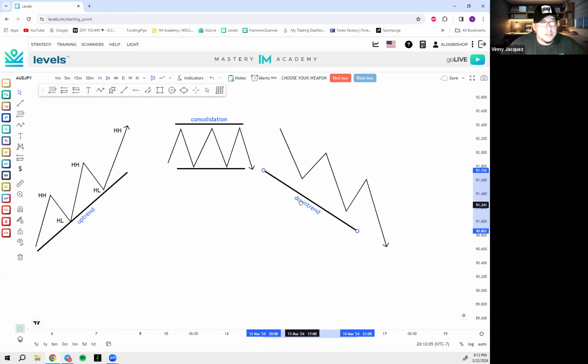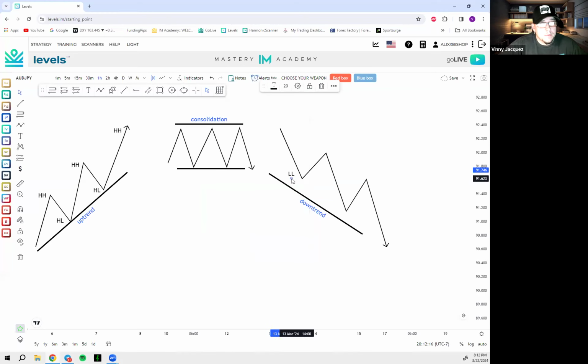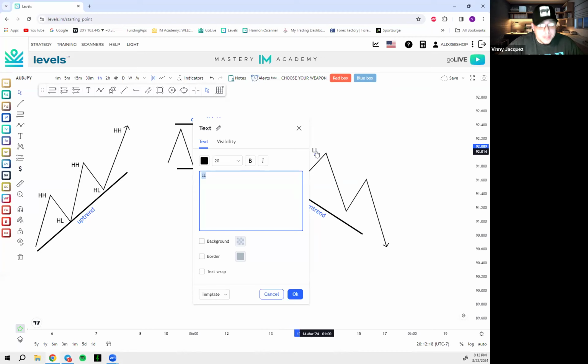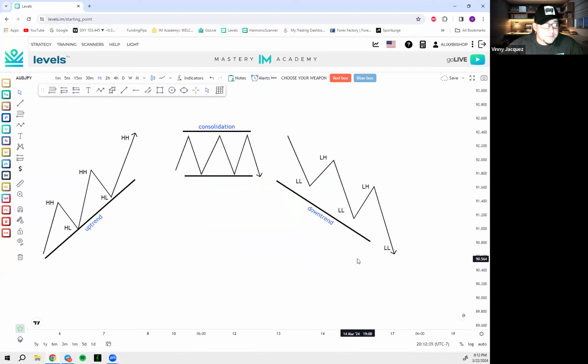Now, again, guys, I want you guys to go ahead and mark this up. Take the time and mark this up, right? Draw it like this in your notes. Lower low, lower high, and it rinse and repeats over and over again, right? We get lower low, lower high, lower low, lower high, and we are considered in a downtrend once we continue to make lower lows and lower highs. Does that make sense, fam?